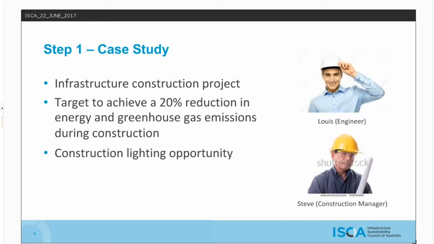So I was thinking that since we have so much night works to undertake, lighting is going to be a consistent energy consumption for us. While we'll need to implement a bunch of things to achieve the target, lighting could be a good place to start because whatever we do would likely be reproducible across other projects in the future. I'm aware that there are some alternative lighting towers available that use LEDs and solar, which may provide some energy